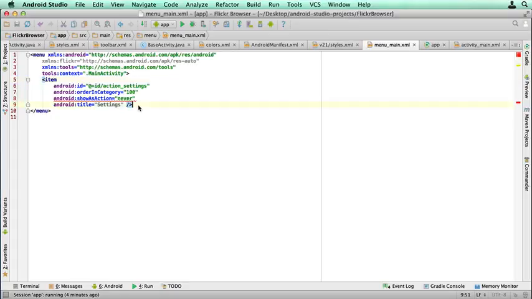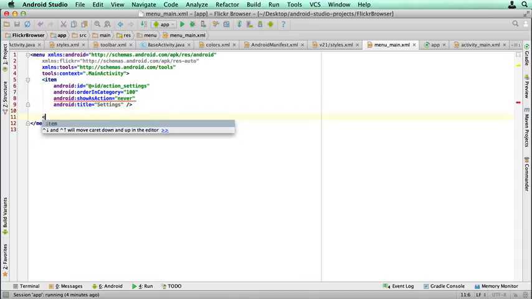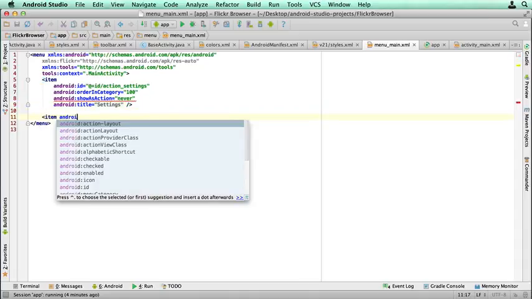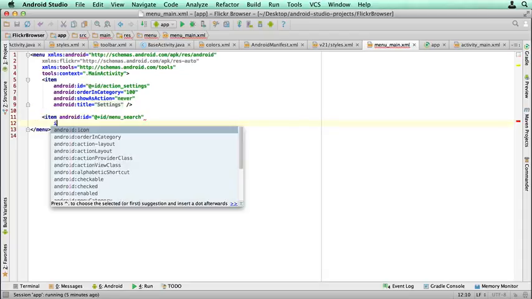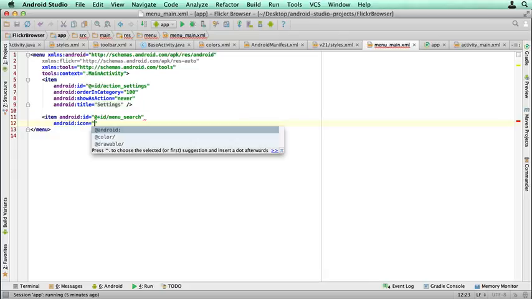So we want to add another one below that, and we're going to say item. We're going to start with an Android ID first. ID equals, we're going to call this menu_search. And we're going to use icon, android:icon equals